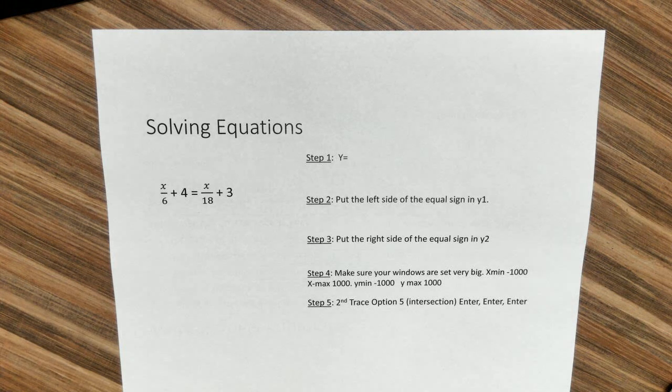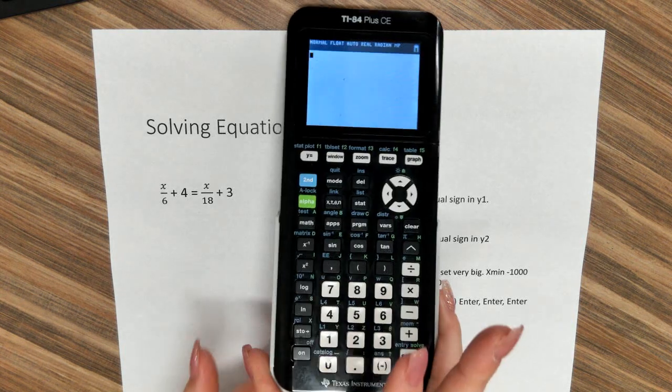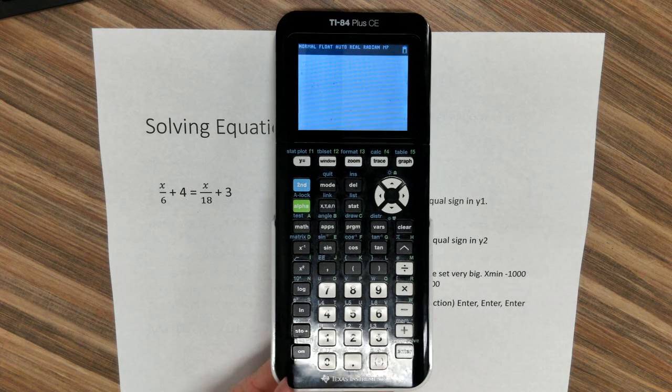Right, today we're going to be practicing solving equations. Most of these can all be done in our calculator. For practice, I want you to reset your calculator because on the STAAR test, they're probably going to make you do it. So everybody reset your calculator by hitting second,